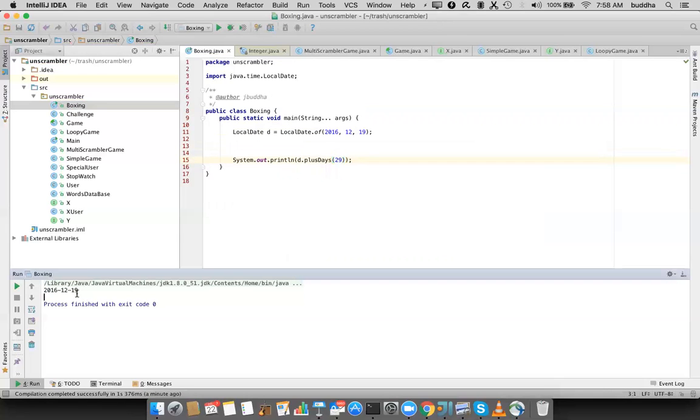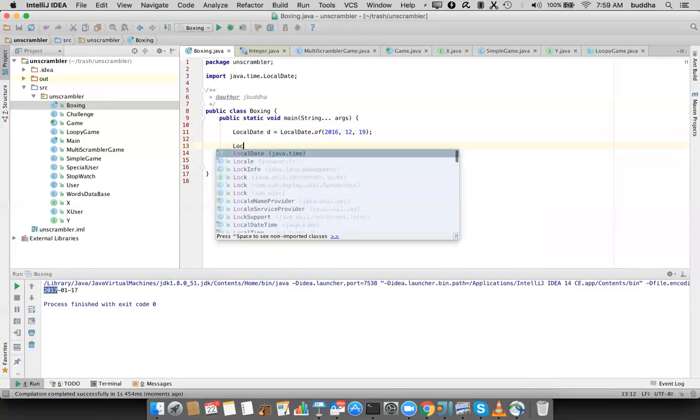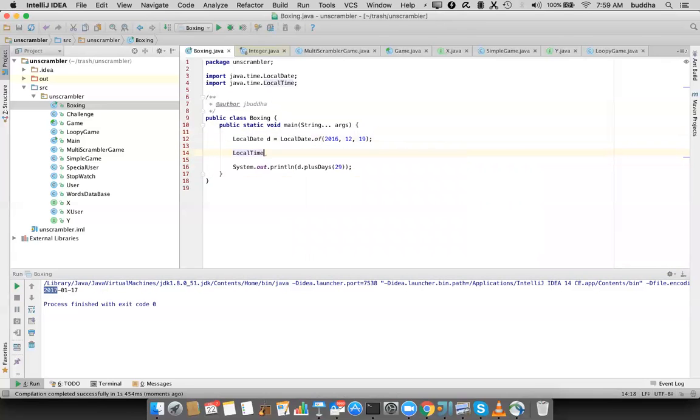It will give us the date after passing those days. Now, if we run this, it will become 27/1/2017. So this is how it simply takes care of incrementing the year and everything. So LocalDate is the data type that will only store the date, as I said, and LocalTime will store